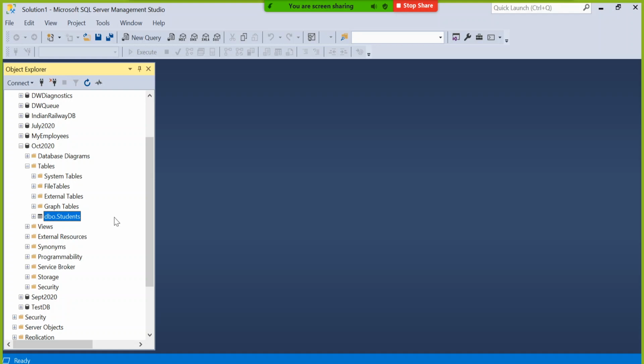So we created a table but have not yet entered any data. That means perhaps we created the Excel file, and inside the Excel file we created an Excel sheet, but that Excel sheet doesn't contain any data. You can compare it with that. Actually Excel is a DBMS, but MS SQL Server is an RDBMS. This is called Relational Database Management System. Excel is a Database Management System.